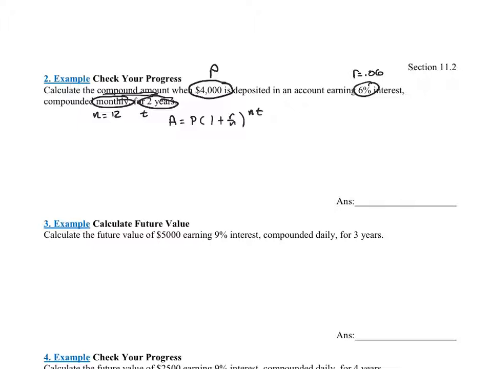I've identified my variables, identified my formulas. Now I can plug in the numbers. I have A equals 4,000 times (1 plus R, which was 0.06, divided by N, which was 12) raised to the 12 times 2. Plugging that into my calculator using the steps talked on the previous page, step by step, each button that I push. Please do so now in your calculator. I'm getting